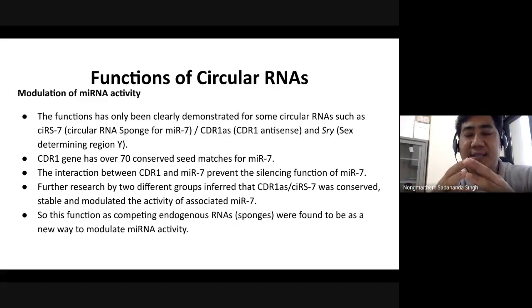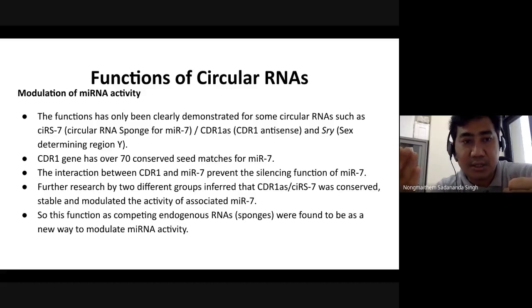So it can act as a sponge for microRNAs, thereby affecting the expression of target mRNAs. That is one of the hypotheses, and there are many examples where it has been shown that circular RNAs act as a sponge for microRNAs, thereby increasing the expression of mRNAs which were supposed to be knocked down by microRNAs. That is one thing. Second,